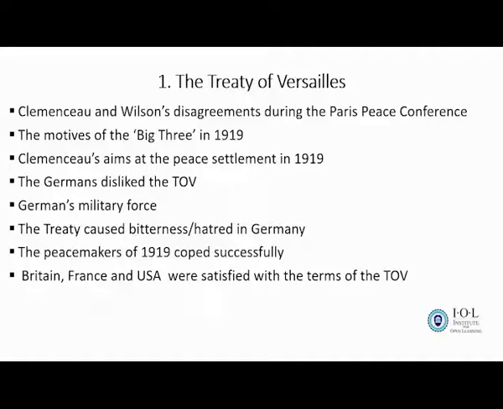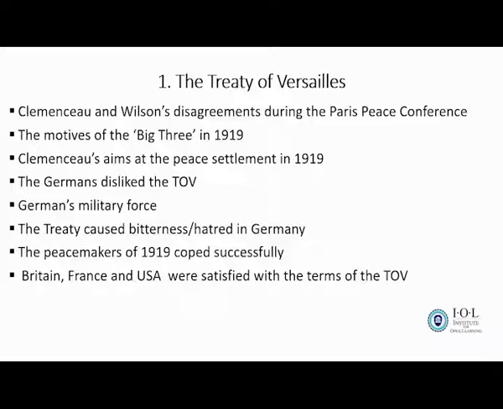We can come to Woodrow Wilson, whether he was satisfied or not. You see, he had 14 points. Among those 14 points, only a few were taken into consideration. For example, the League of Nations, because Woodrow Wilson came with the idea of the formation of the League of Nations to stop countries from fighting. That one was taken into consideration, but most of his 14 points were not taken into consideration. That means he was not satisfied like the others.